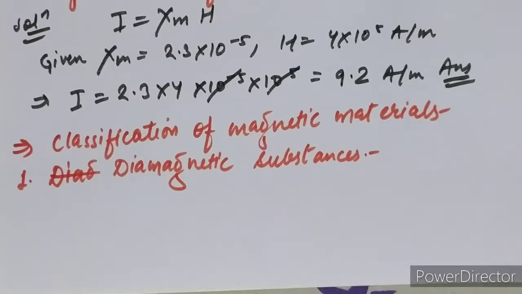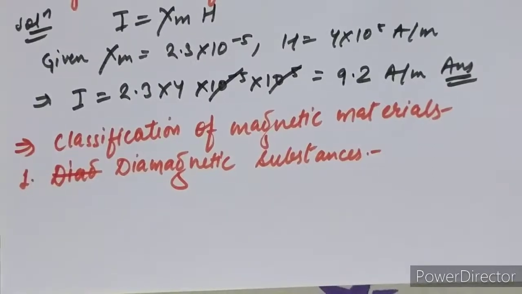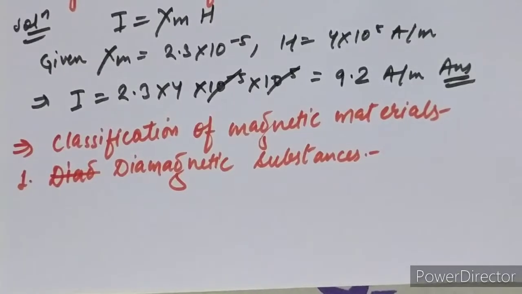Now in the other case, the electron is moving away from the nucleus, and thus its velocity decreases and its magnetic moment also decreases. What I am saying is that the magnetic moment in the direction of the applied field gets decreased, and that in the opposite direction gets increased. So hence the net magnetization induced in the material is opposite to the applied field.